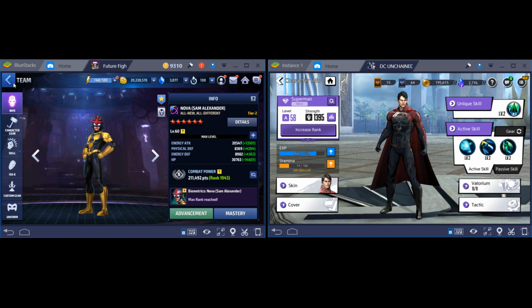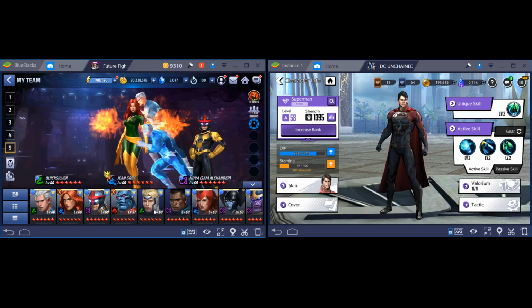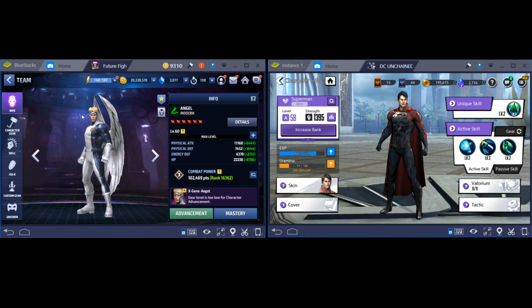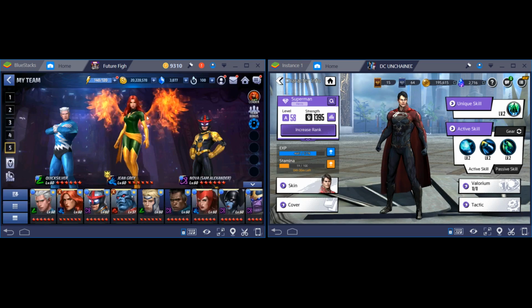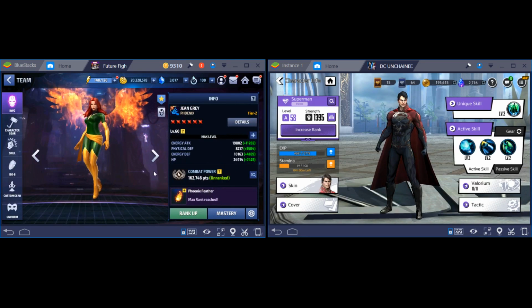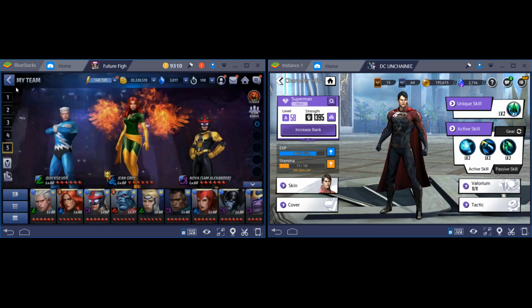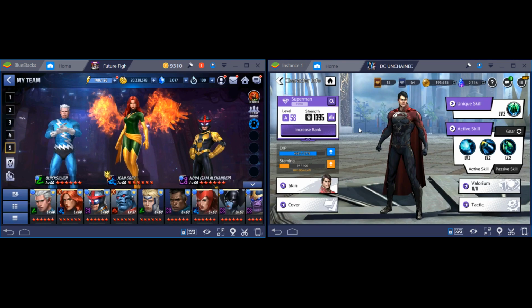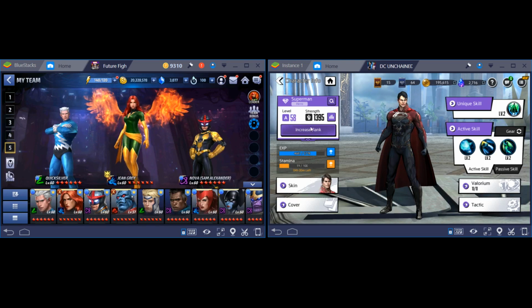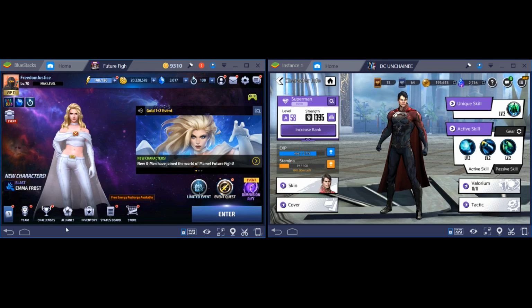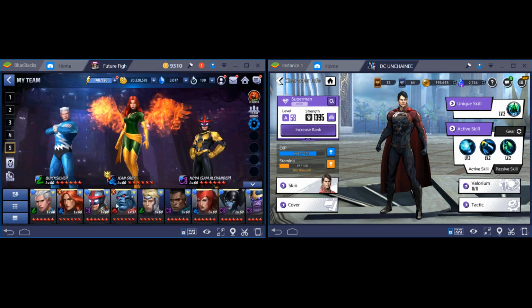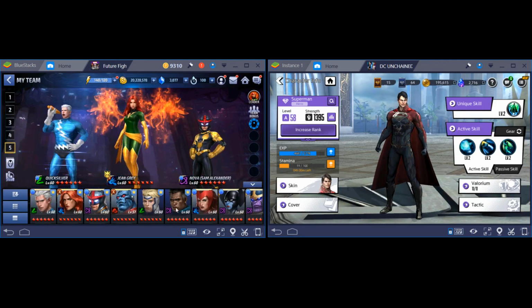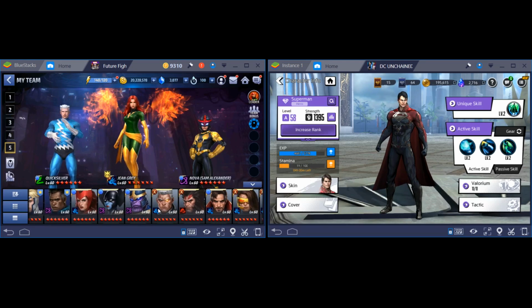But in Future Fight, it doesn't matter. Even if I have a maxed out Angel, everyone knows that Angel will not stand a chance against the likes of Phoenix. So character balancing really matters, and that's where the pay to win elements kick in, and it kind of makes it all seem unfair. And everyone knows the Ultimates update in Future Fight, which gave us Nova, Ant-Man, and Blue Marvel, has really upset